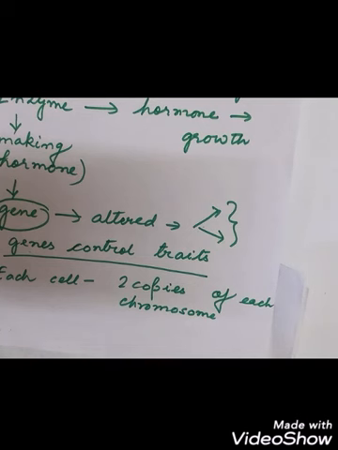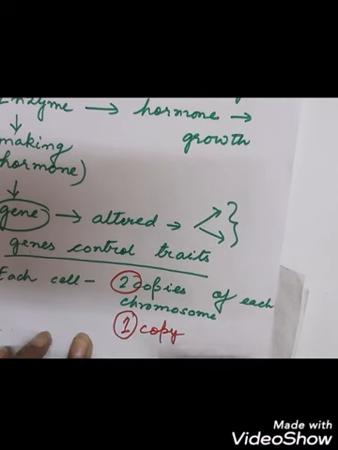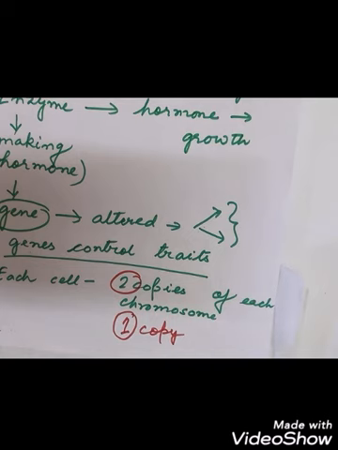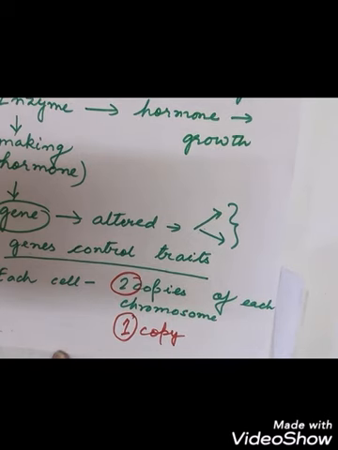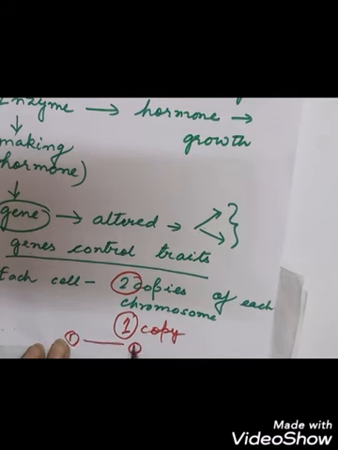So the gamete will have what? 1 copy. If each cell has 2, then the gamete will have half the number, that is 1 copy. 1 will be present in the gametes, either from the maternal side or from the paternal. The mother or the father will provide one chromosome, so each gamete will get how many? 1. Then these 2 gametes, one male, another female, combine, and both the chromosomes combine to give what?